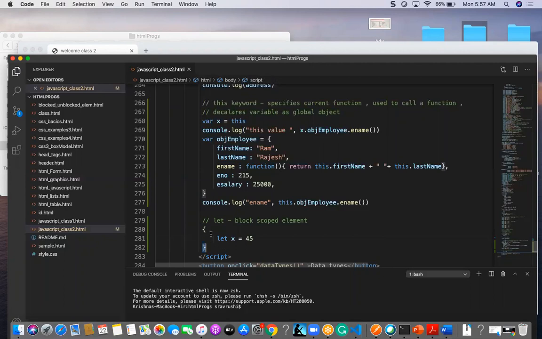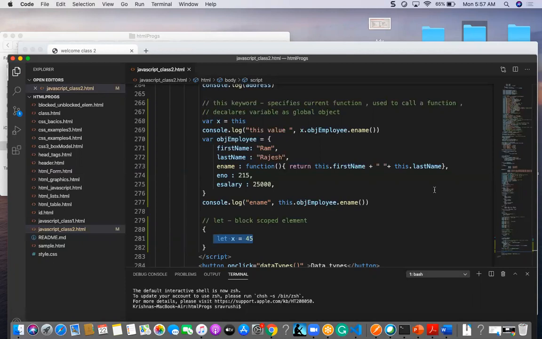Until it finds the next curly braces, your block is getting ended from here to here. Immediately after the end curly braces, the scope of the let will be ended. That's the meaning of a block scoped element.